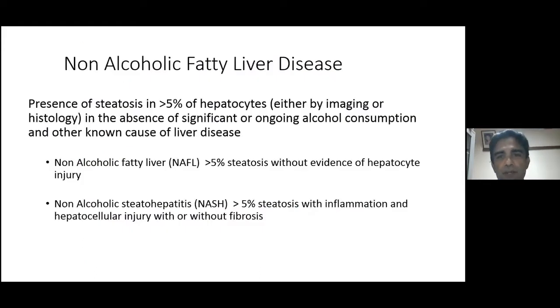So, what is non-alcoholic fatty liver disease? It's the presence of steatosis in more than 5% of hepatocytes in the absence of significant alcohol intake and in the absence of other liver diseases. So there are two categories: non-alcoholic fatty liver disease, when there is no evidence of hepatocyte injury or inflammation, and non-alcoholic steatohepatitis, a histological diagnosis when there is more than 5% steatosis with inflammation and hepatocellular injury, with or